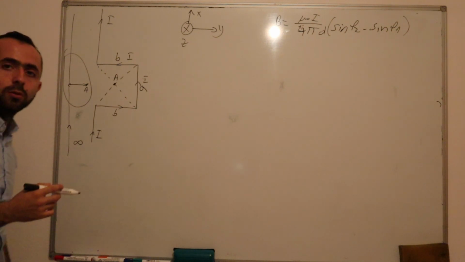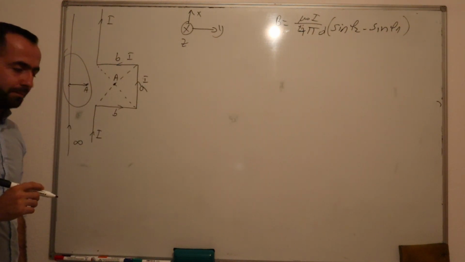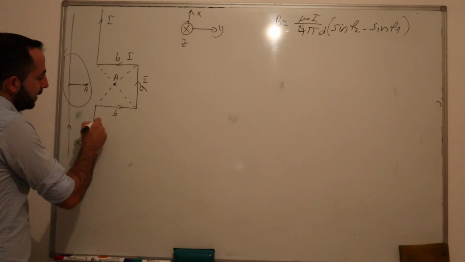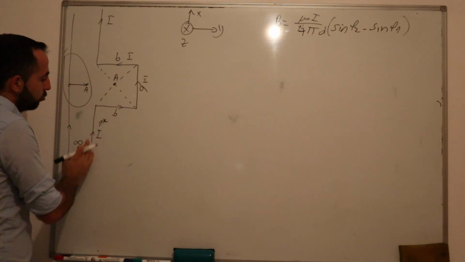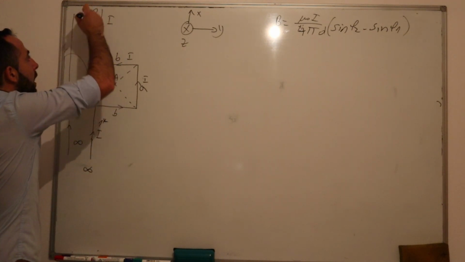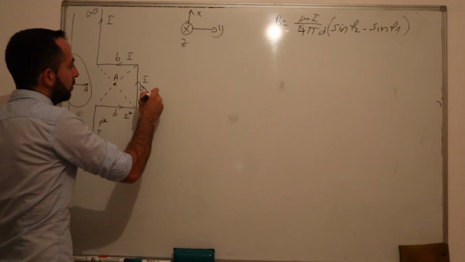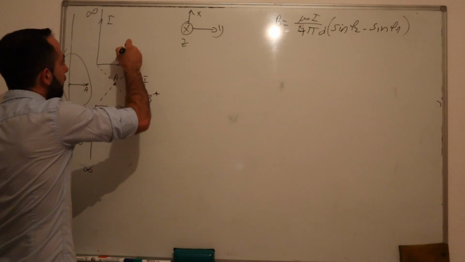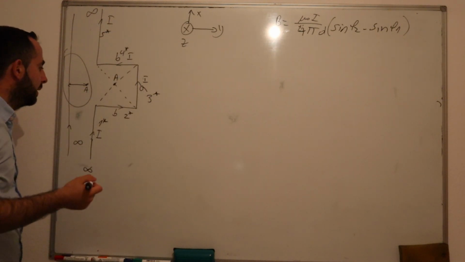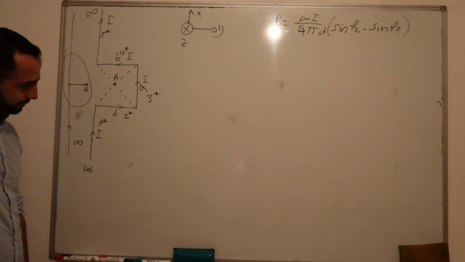So what will we do? Okay, we have a bent conductor. We will make a few different cases. This will be our first case. We will analyze only this conductor, which is infinitely long. This one also is. This will be our second case, this will be the third case, this will be the fourth case, and this will be the fifth case. For every case we will determine